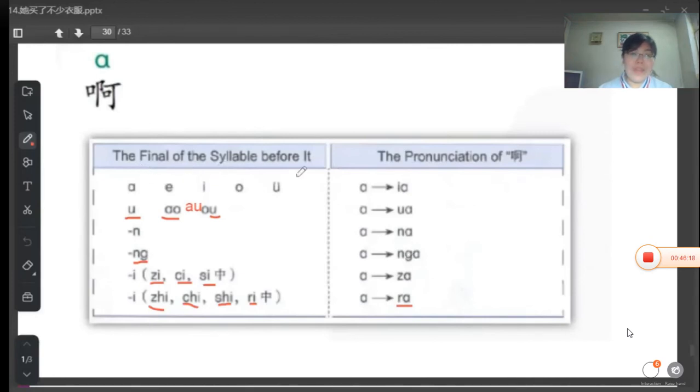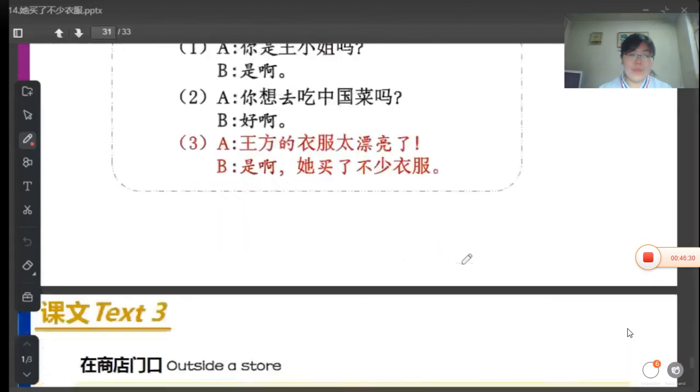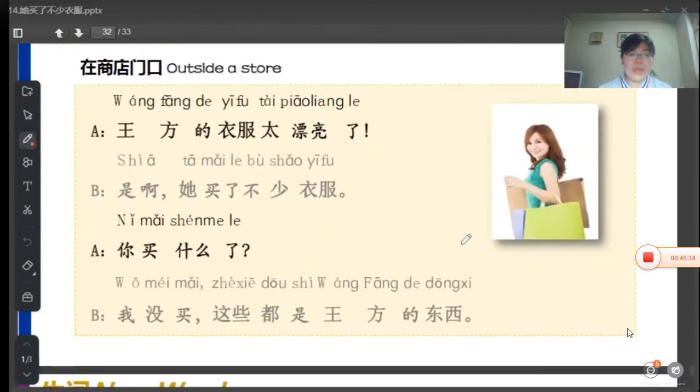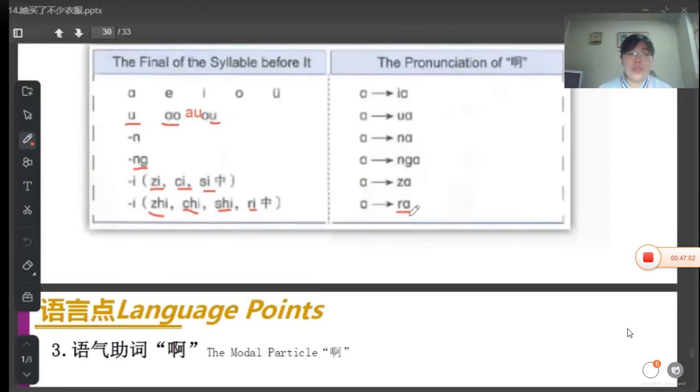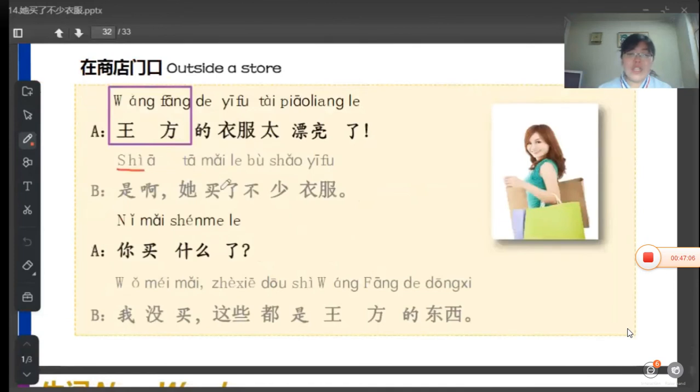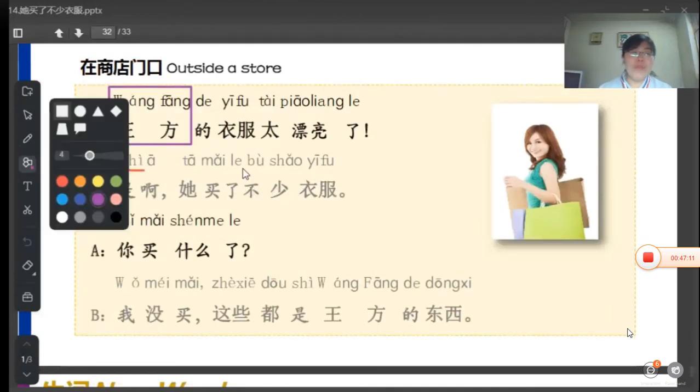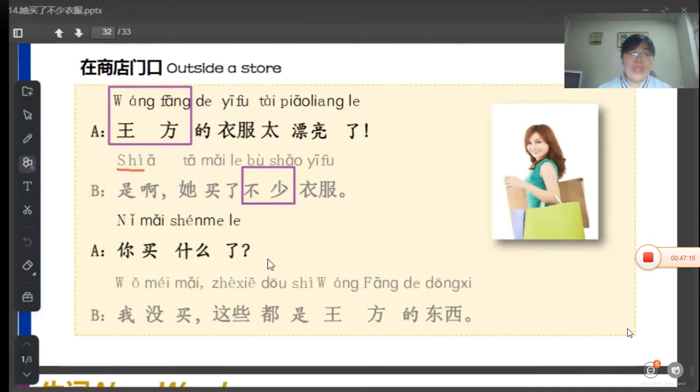Okay, that's it, text 3. 王芳的衣服太漂亮了。王芳 is a Chinese name. 王芳's clothes are too beautiful. 是啊。We can see here 是 ends in sh, which gets together with 啊, so we read it ra. 是啊，他买了不少衣服。不少 means a few. 你买什么了？What did you buy? 我没买。这些都是王芳的东西。